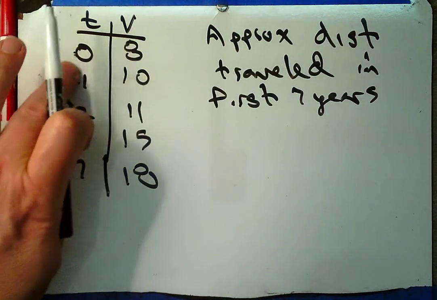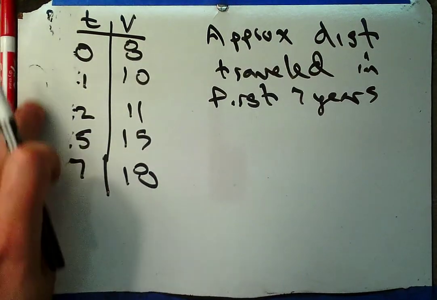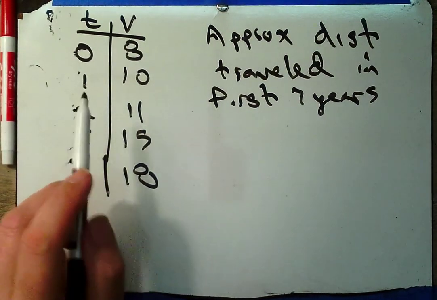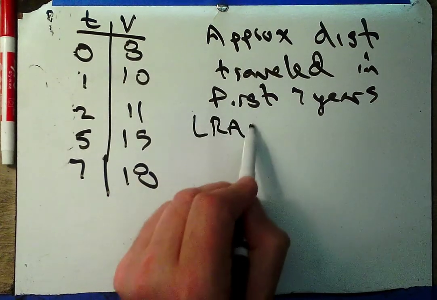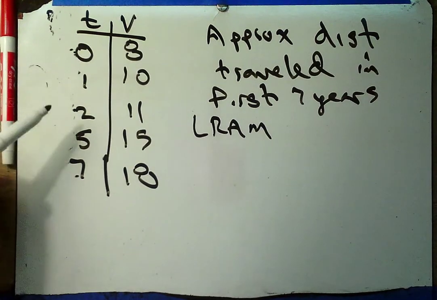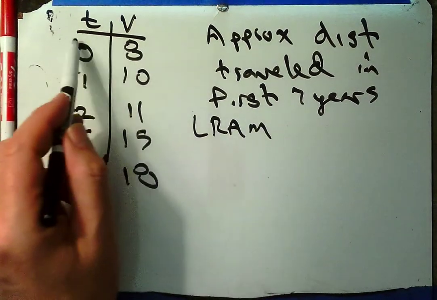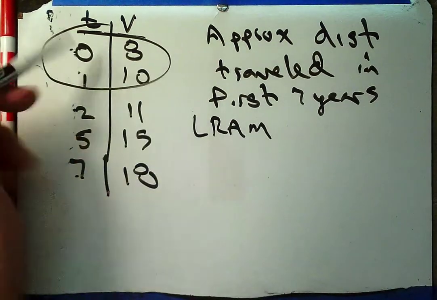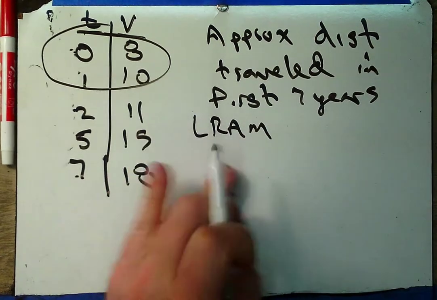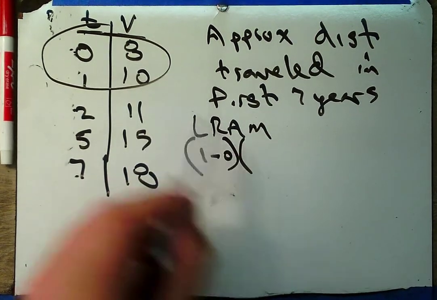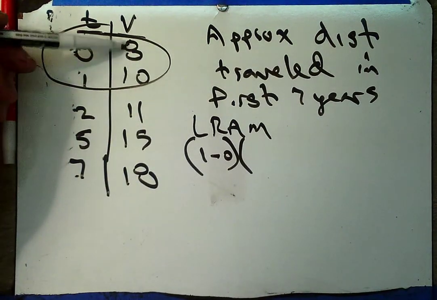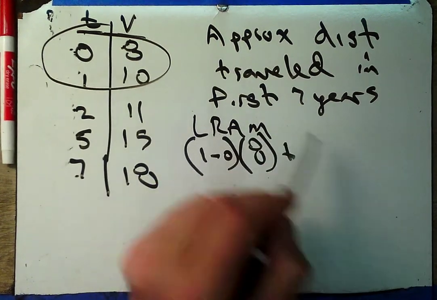Some students find it helpful, and I don't know if you will, but some students find it hard to do this problem from a table. For example, if I'm looking at LRAM, remember, LRAM uses the first but not the last. So if I'm thinking about LRAM, I'm thinking about this rectangle. Subinterval width is 1 times, in fact, some people write this as 1 minus 0 times, which height do we do? Well, I'm doing LRAM, so I'm using the height on the left side of the interval,